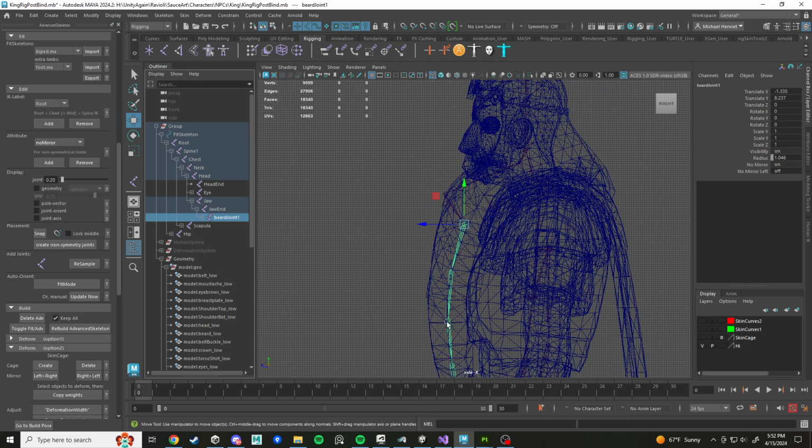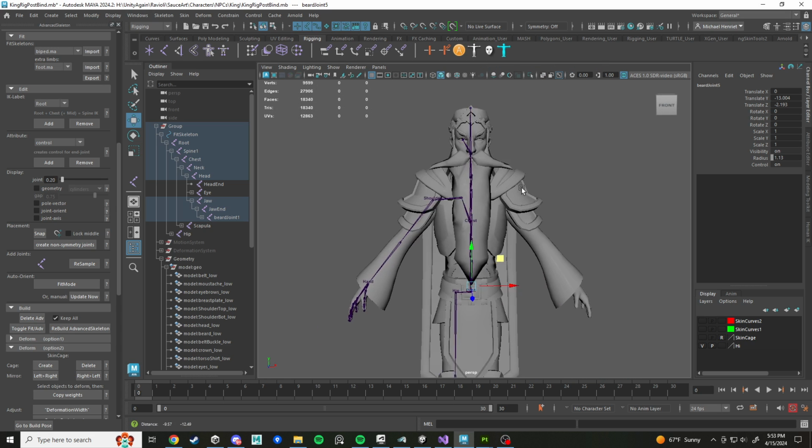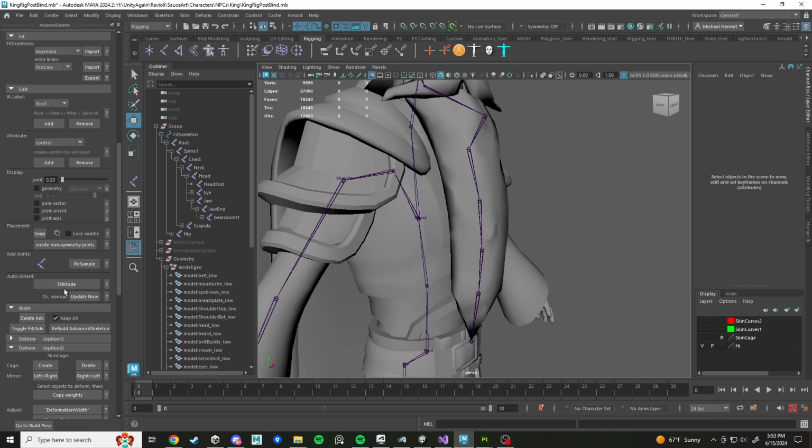Next up, I want probably a control for this last little joint down here. So if you go down to the bottom, you can see control, because it never gives a control to the last joint in the chain, like the fingers, you know, you don't need a control for that. But I might want to get a little bit of a bend to the end of this little beard, so I'm going to add the control attribute there. And then I'm going to go space, go back in here, and then let's do